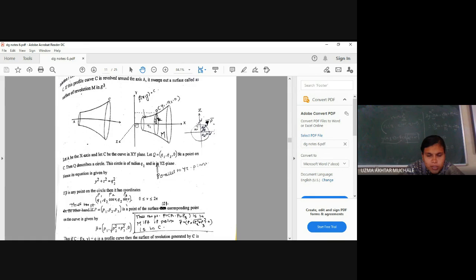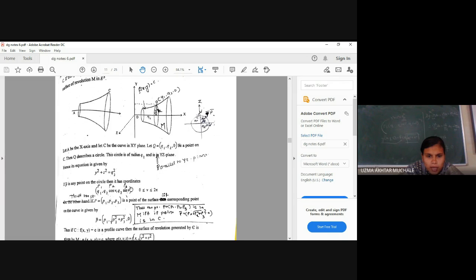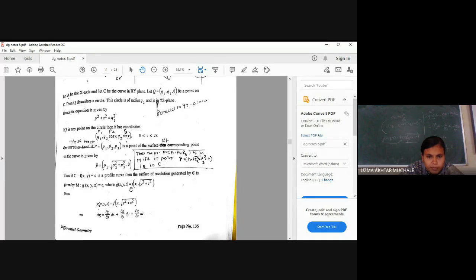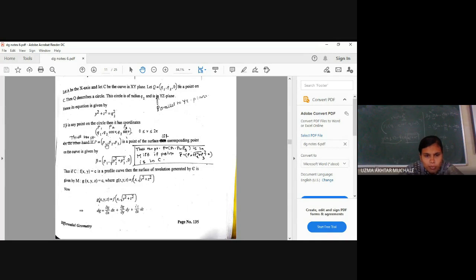For that, the radius of this circle is q2, which is nothing but the second coordinate of a point on the curve. Now this circle is parallel to the yz plane, hence we have taken it outside. So the coordinates are q2 cos v and q2 sin v, in terms of sin and cos of theta, we write down the equation of a circle. Now this is a point on the surface, and the second coordinate I can write with the help of the equation y square plus z square is equal to q2 square, which is nothing but with the help of the first two coordinates.